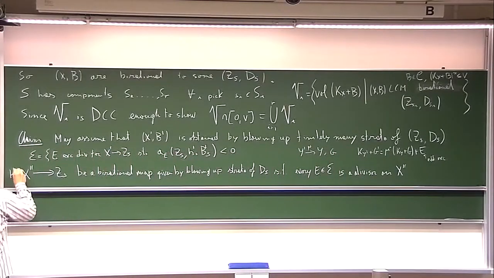Maybe put this h double prime. So I'm not claiming that this map extracts exactly the set of divisors. You may have to extract other divisors, but you can reach all of these divisors. These all come from sort of toric evaluation, so you can reach all of them by blowing up x double prime along strata of this